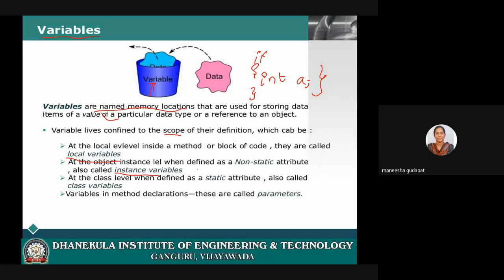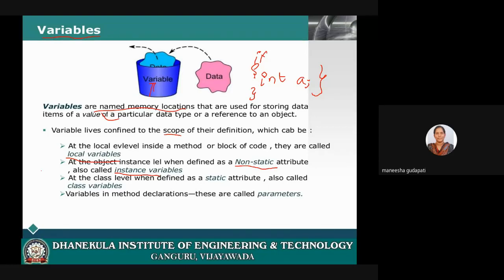That means those variables can be used by all the methods declared in that respective class. When I discuss classes, I will re-explain this variable, then you will understand it very clearly.